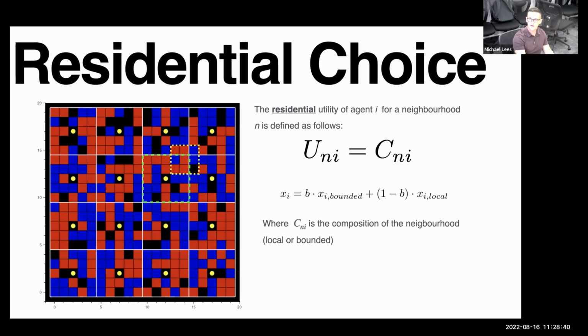And then the utility that I get from a particular housing slot or a particular location is just the composition of my neighborhood. But it's the composition of my immediate neighborhood, the yellow one, and the composition of the green neighborhood in some combination. So if my greater neighborhood, like Ang Mo Kio, is mainly my group, and my immediate neighborhood is mainly my group, I will have a high utility if I want a neighborhood which is the same as my group.